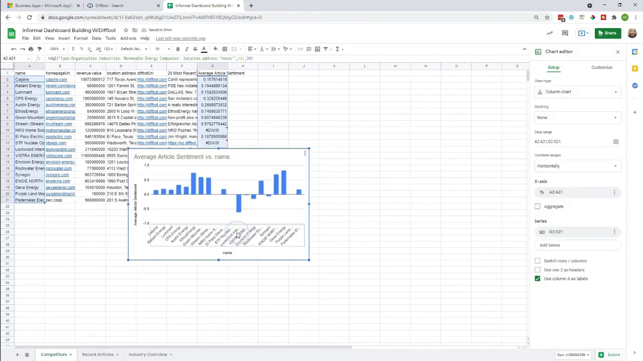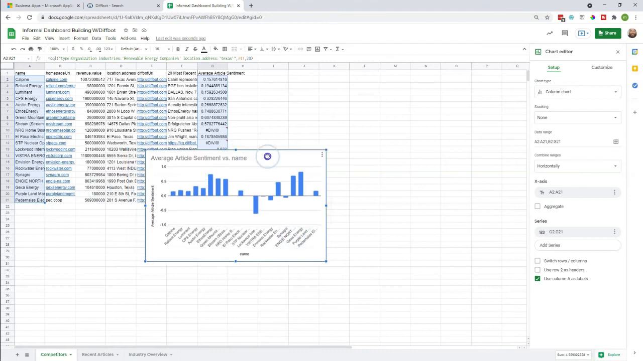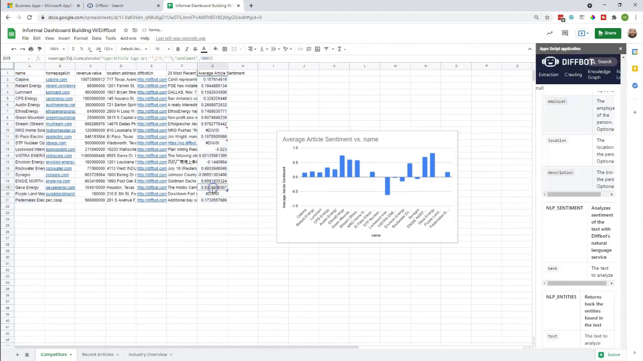Yeah, so it looks like Lockwood International has by far the most negative sentiment. We have Gexa Energy that has quite a positive sentiment around themselves. But you can see how we can start to build this into dashboard-like elements, and particularly for our article index,